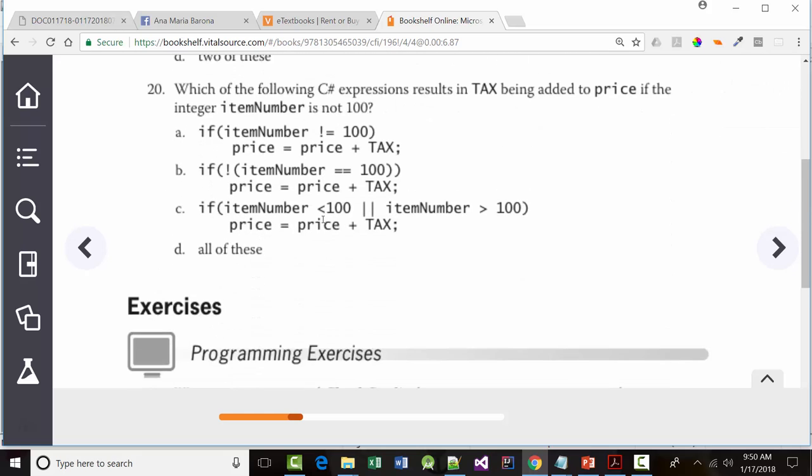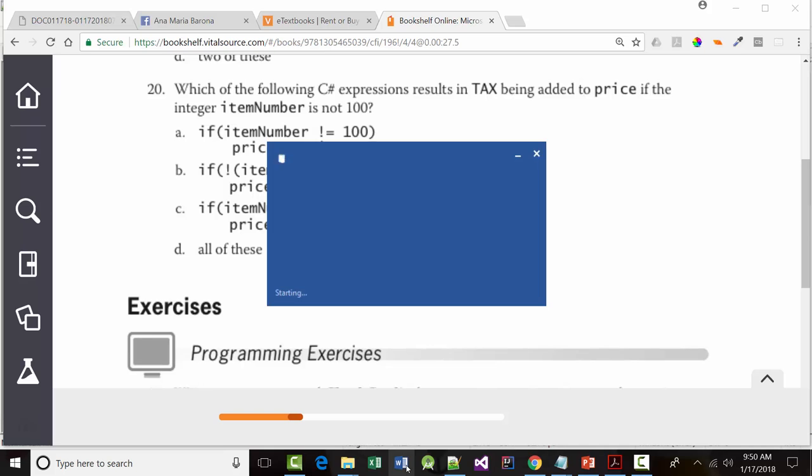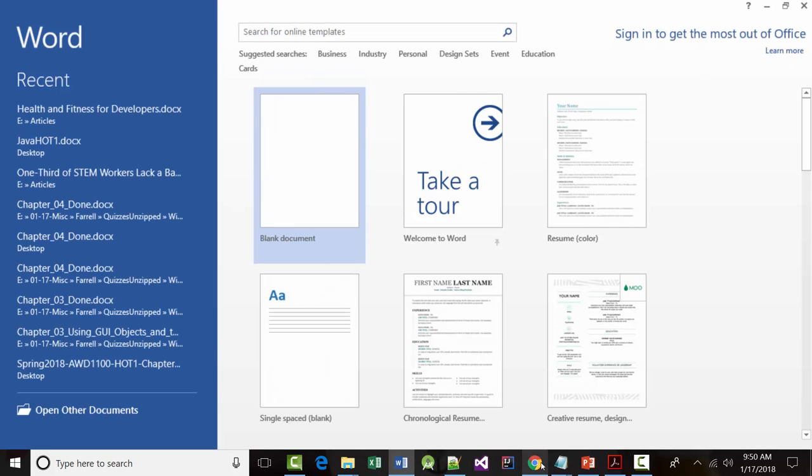And number 20, which of the following results in tax being added to price if the integer is not 100? A, I believe. All right. Again, these can drive you nuts taking a look at them. At least me it can. Maybe not you. All right. And if you have it, like I said, if you look here,